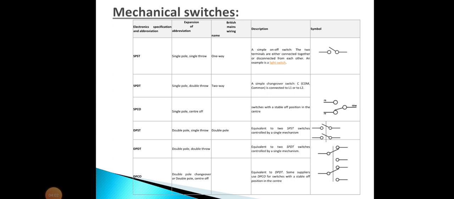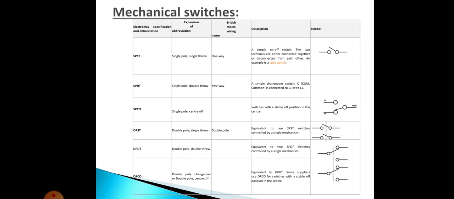In this single pole double throw, you can see only one pole is there but the throws are two, which means there are two terminals for contacting purposes. You can see in the diagram L1 and L2, two contacts are there, so any one contact it will be contacting. So it is called a single pole double throw. The next one, double pole single throw. Double pole means two contacts that will be moving, but only one throw is there. Means these two poles can contact this one throw.